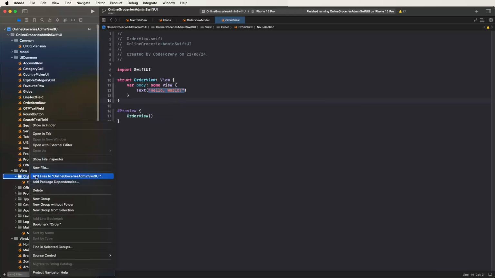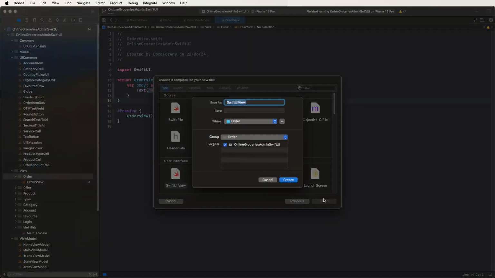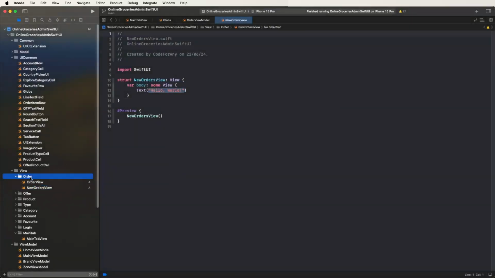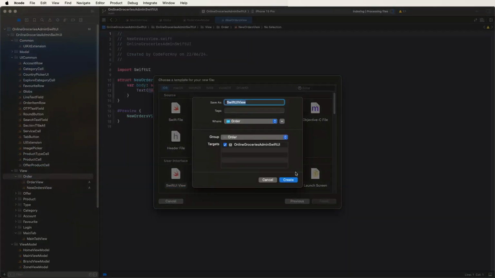Then after that, we need another three tabs. We need to create a new file and give it the name New Orders View, and then create another new file and give it the name